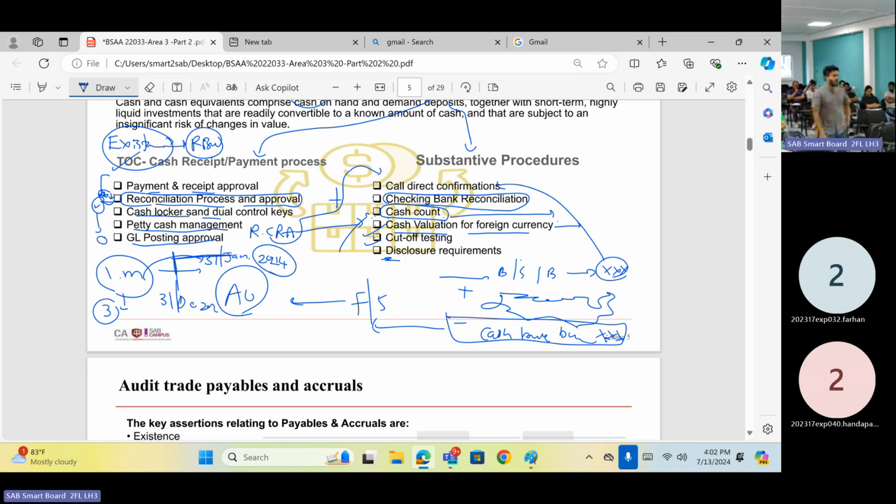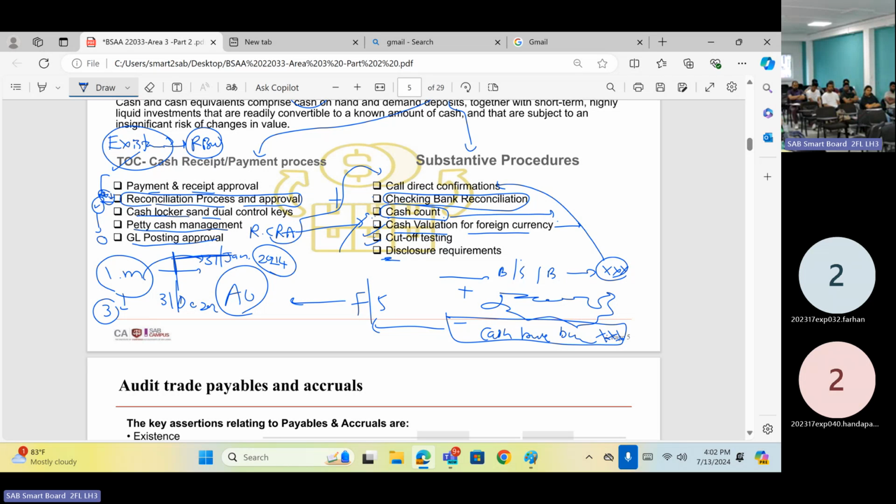And then another thing is for cash cutoff, you have to ensure the cash receipt and payment cutoff both, right? And then we discussed how we are going to do the cash cutoff. And then foreign currency. If you have foreign currency, you have to use the buying rate for conversion, not the selling rate, because it's an asset, right? The selling rate can be used for liability valuation, right? You have to use the buying rate. So those are the things we discussed.